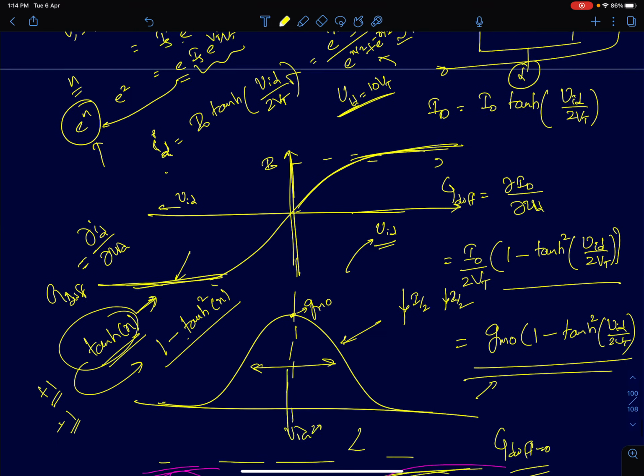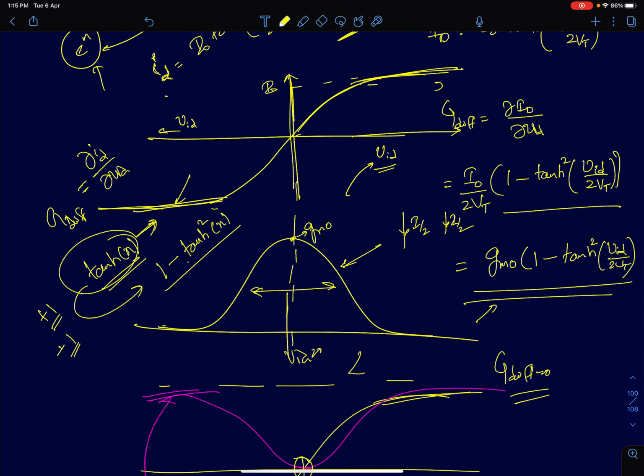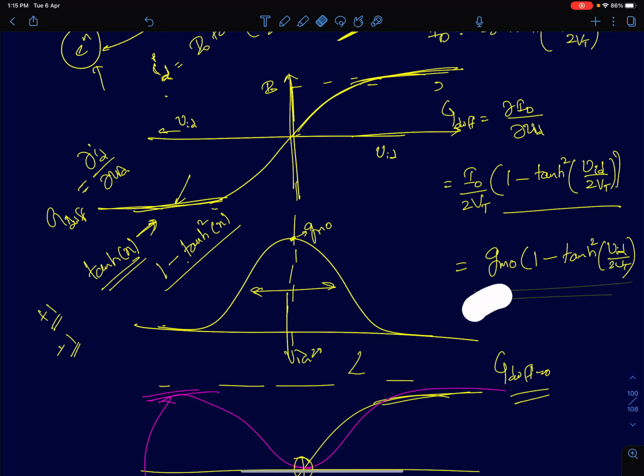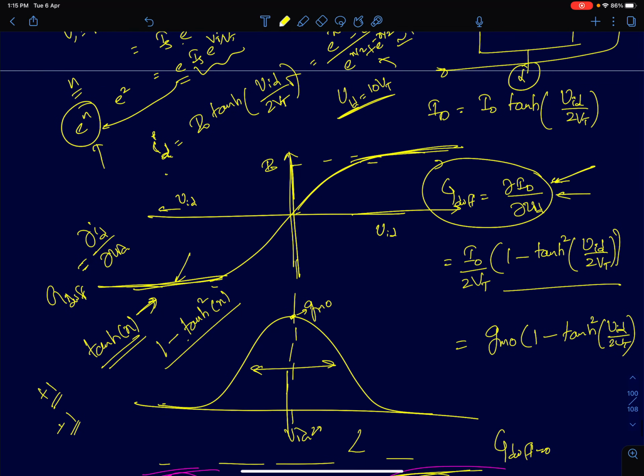Now I'll finish this discussion by talking about the differential transconductance. We defined the differential current in terms of the differential voltage. So the next step is to define the differential transconductance in terms of the differential voltage. This is the transconductance which matters to us when we compute the differential gain. That differential transconductance is given by dou ID upon dou VID, that's the change in the differential current to a differential input. So if you differentiate this equation,